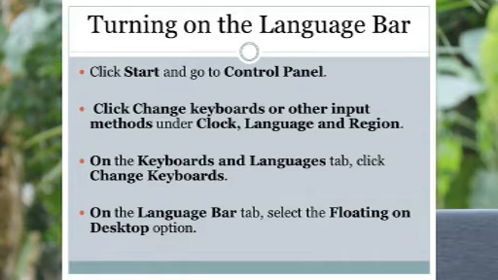Before that, you can see the option to show the language bar as transparent when inactive, so you can tick it. Show additional language bar icons in the taskbar, again tick it. Then show text labels on the language bar, also tick it. When you have ticked all these three things, you can click OK. It will then be available on the desktop.